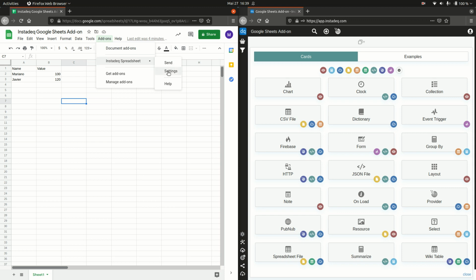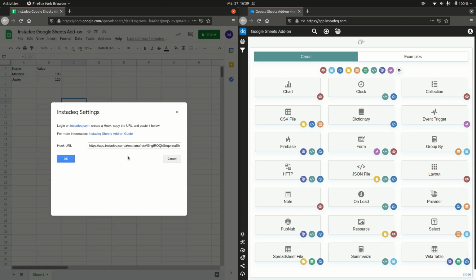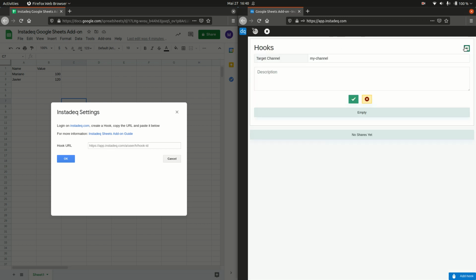And the next step is to go to settings. The settings dialog will appear. It's just one field. I'm going to clear this. I already had it. So we need to put here a hook. A hook is a unique URL that whenever some application sends data there, it will appear on Instadeq on a channel. So to create a hook, we go to the admin section, and in the hook section, we click add,